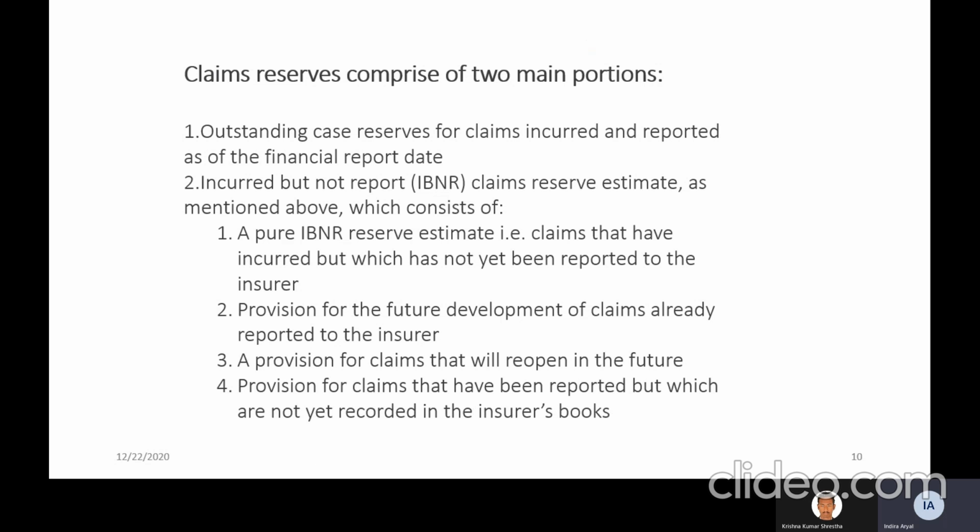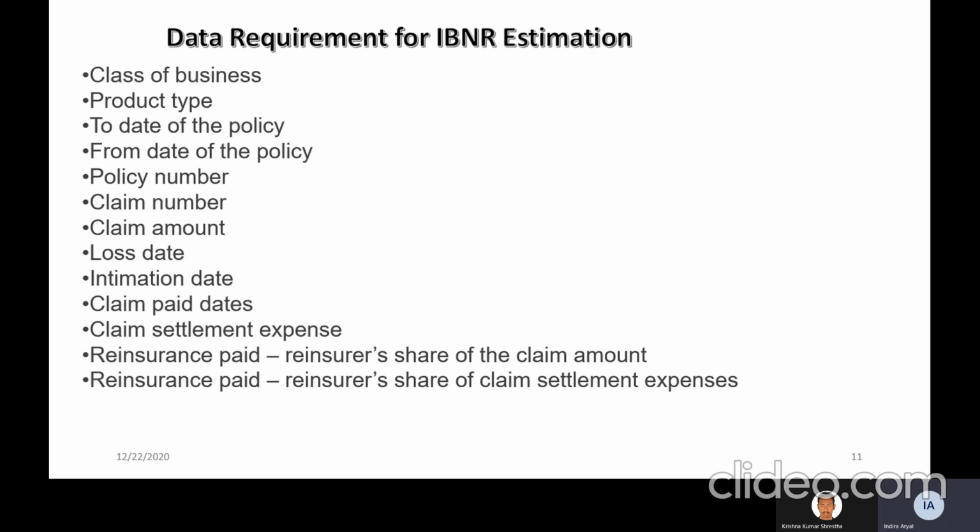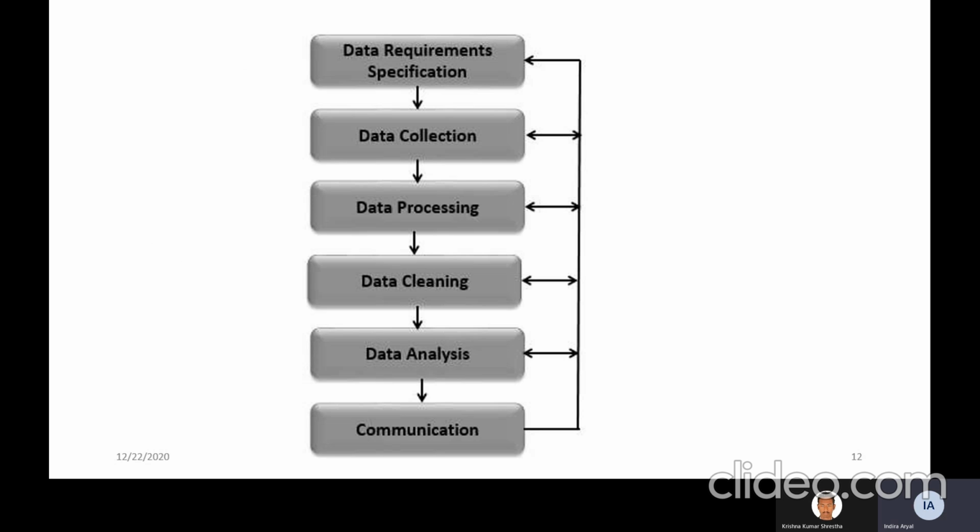And the last one is provision for the claims that have been reported but which are not yet recorded in the insurer's books. The next is the data requirement for the IBNR estimation. First of all, class of the business, product type, to date of the policy, from date of the policy, policy number, claim amount, loss date, intimation date, claim paid dates, claim settlement expenses, reinsurance paid. In this way,